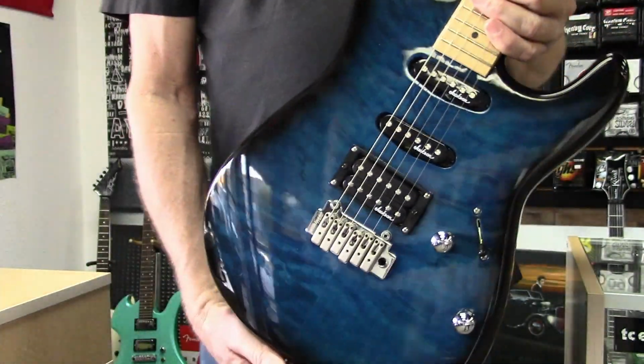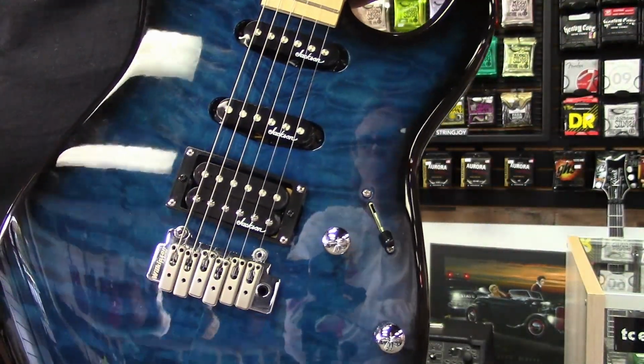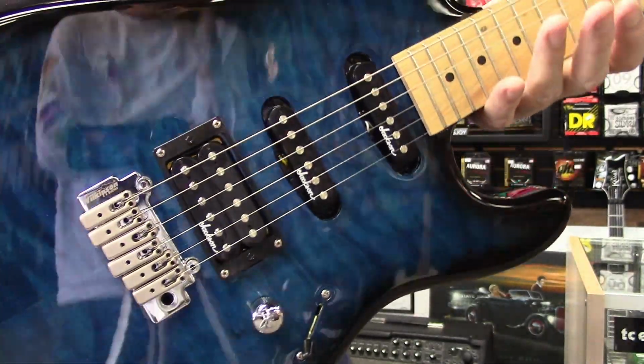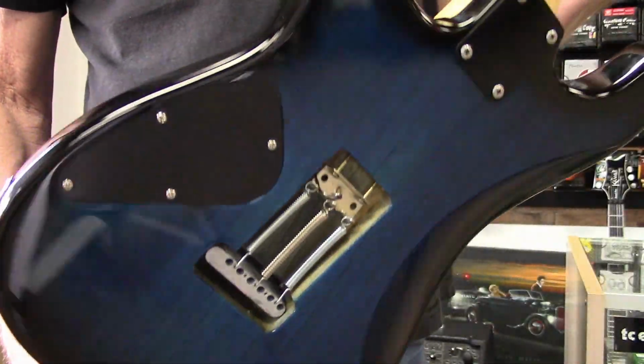So, yeah, don't throw your old parts away because eventually you might need some of them. And I built myself a fun little